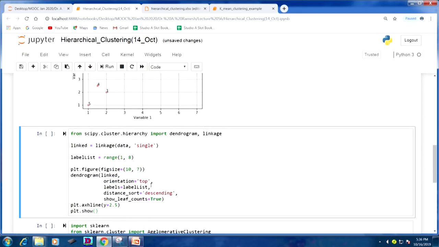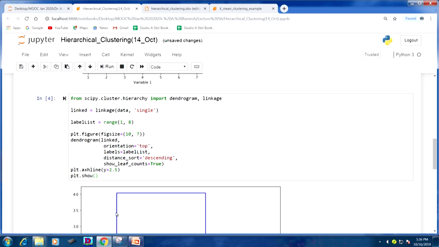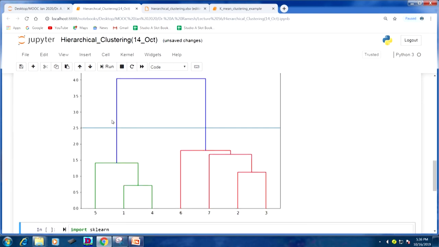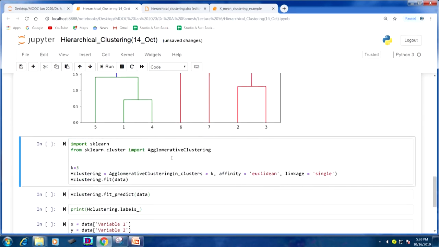So, what are we going to do? We are going to do the single linkage. Here, I am going to show the figure size also. Here, in this picture, we are going to get the dendrogram. So, this is the dendrogram. 2 and 3 are forming one cluster, after that 7 is joining, after that 6 is joining. Here at level 1, 1 and 4 are joining, then 5 is joining there, and at the end all are going to be in the same cluster.